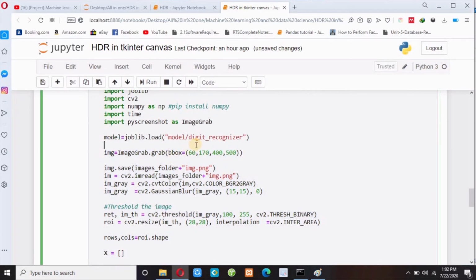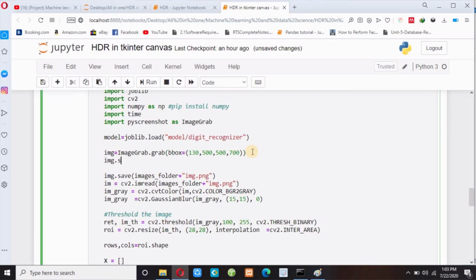And I need to change the coordinates of VBox, because I have to capture the screen from my Canvas 2, not the left top side. So I have to put here, suppose, let me clear this, and let me write, suppose 130, 500, 500 and 700. You can change these coordinates. These coordinates will capture nearly this side, and then let me save this image with the name paint.png,